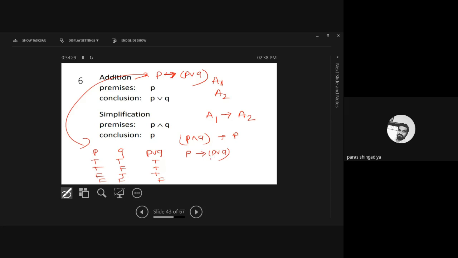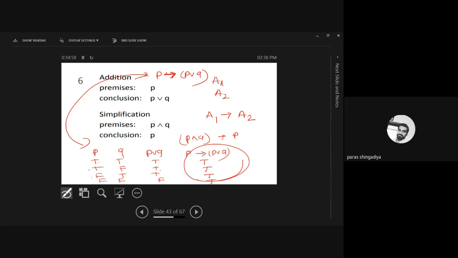P को P or Q पे implement करना. ठीक है? So both are T, it will be T. Both are T in the second row, it is also T. That is F implies T in the third row. First column और third column को compare करना है and check the third row. वहां पे F है, यहाँ पे T है, ठीक है? So F implies T, it will be T, and last F to F, so it is a T. Clear? So that is the solution of the first one, addition premise, and you can see it is a tautology.